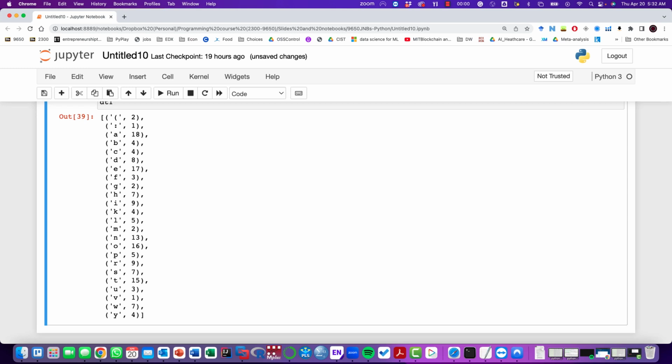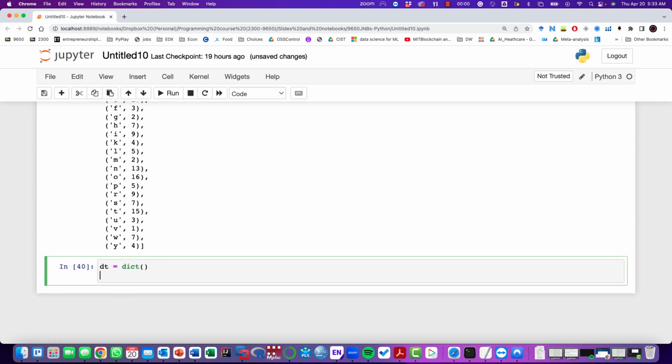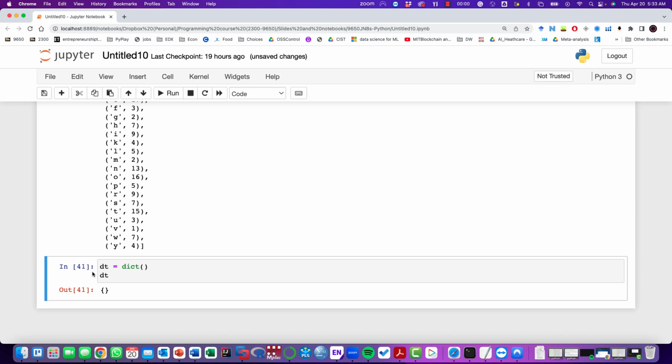Next, I want to talk about how we can use dictionaries with the dict function. We talked about this briefly before. We said it's useful in order to create a dictionary, right? So we said, for instance, if we say dt is equal to dict, it will create an empty dictionary. But there's also additional things you can do